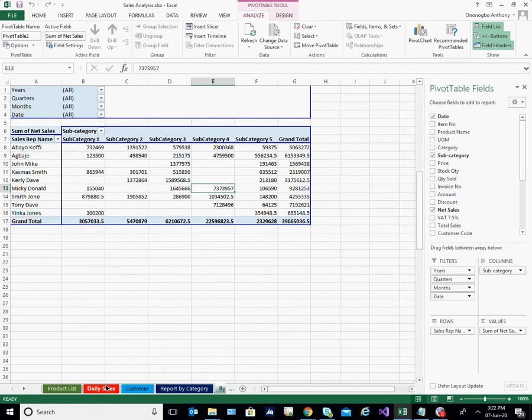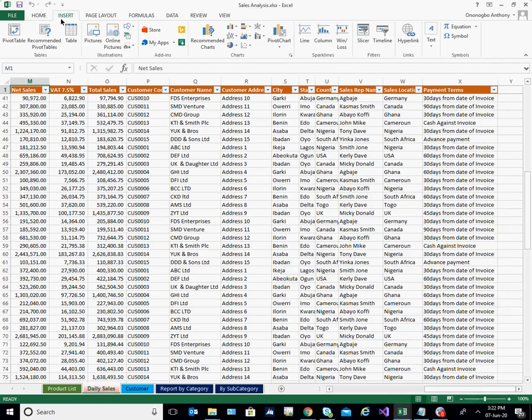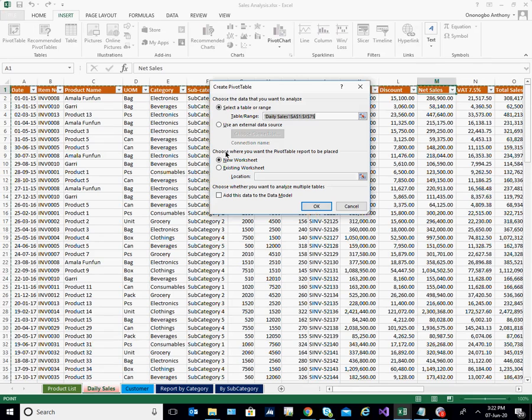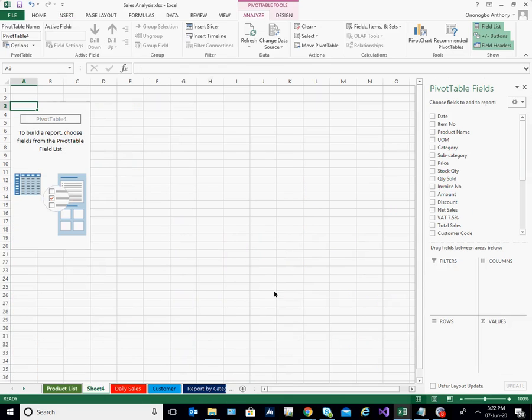Okay, selection, the range is okay here, and new worksheet is okay here. So I'm going to click OK. First here, I'm going to hold it down, drag it to the front here. Okay, so sheet 4 here, we have our pivot in sheet 4. So I'm going to right click and rename it to